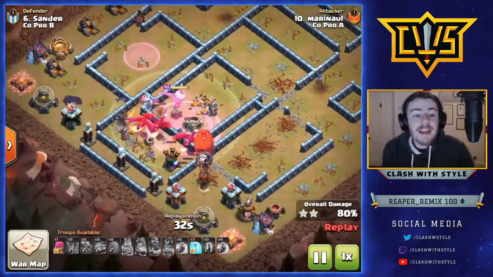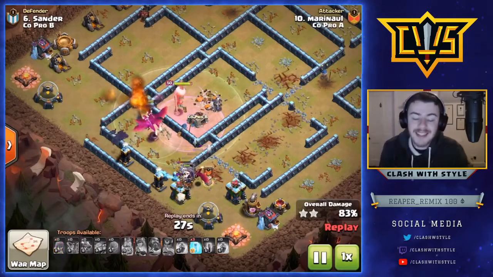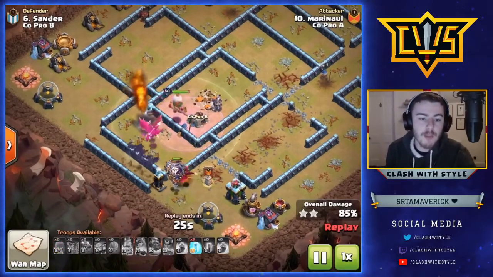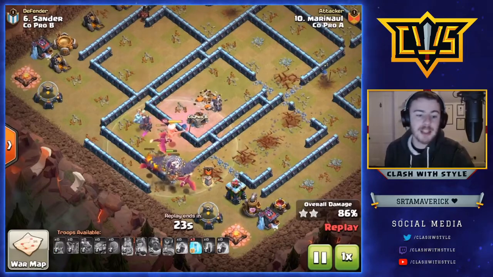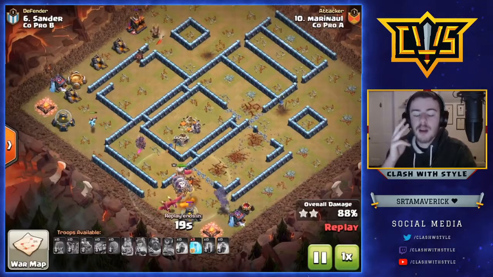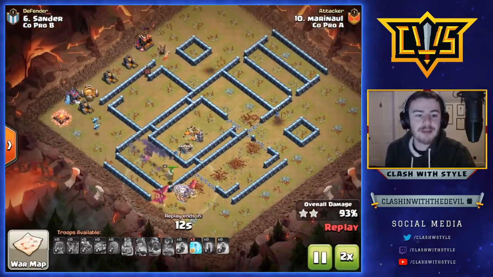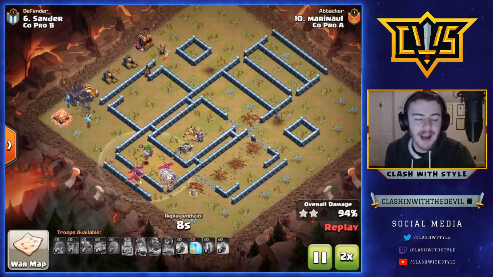We've still got 3 free spells, which we don't even need to use because we still have that Stone Slammer, which does pop down right there. We've still got some super minions, we've still got dragons, and our Grand Warden's still doing some work. We swag 3 free spells on this base, and that just shows how incredibly strong these Flybrid Bat attacks can be if